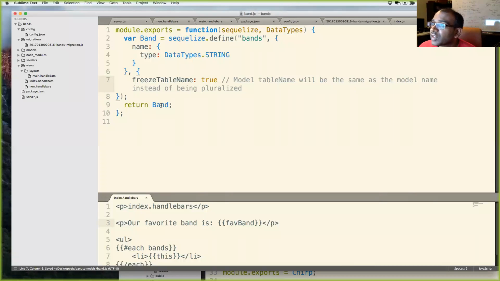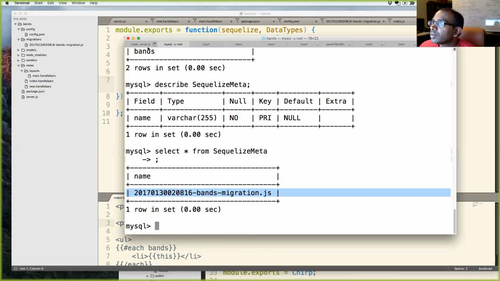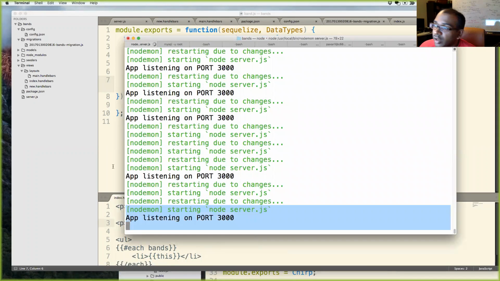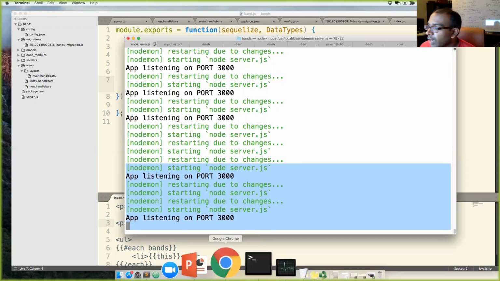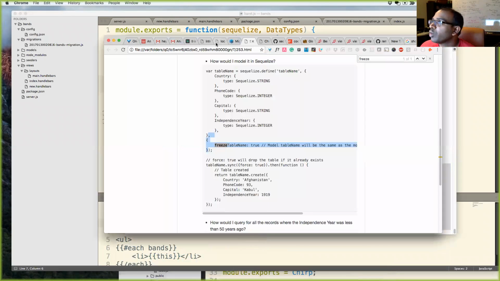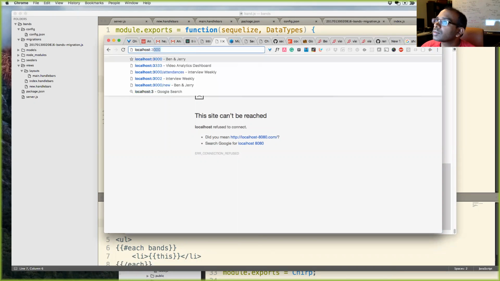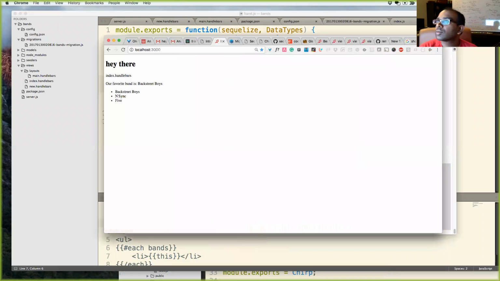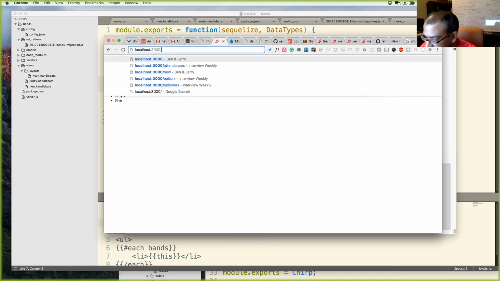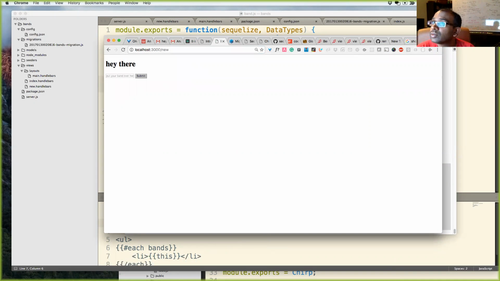I'm going to save this, and now let me just run my application to see if there are any errors. It already restarted, no errors. I will just hit it in the browser, just make sure everything works. It still works, excellent. And now let's go to /new.